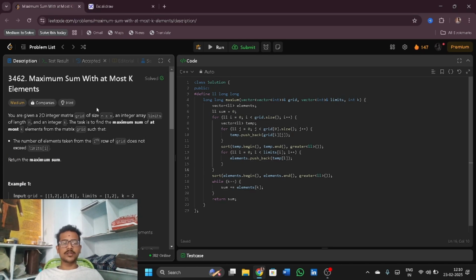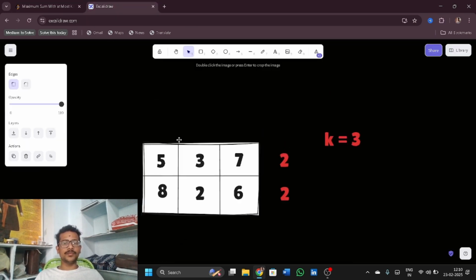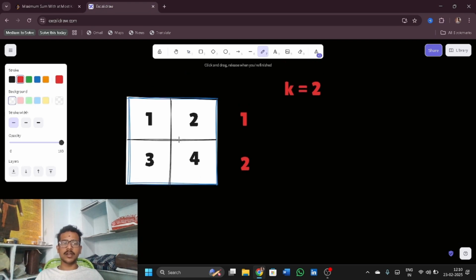Hello everyone, let us now discuss the second question in today's LeetCode Weekly contest. Maximum sum with at most k elements. So, to explain this question, let me take this example where we are given this grid and every row